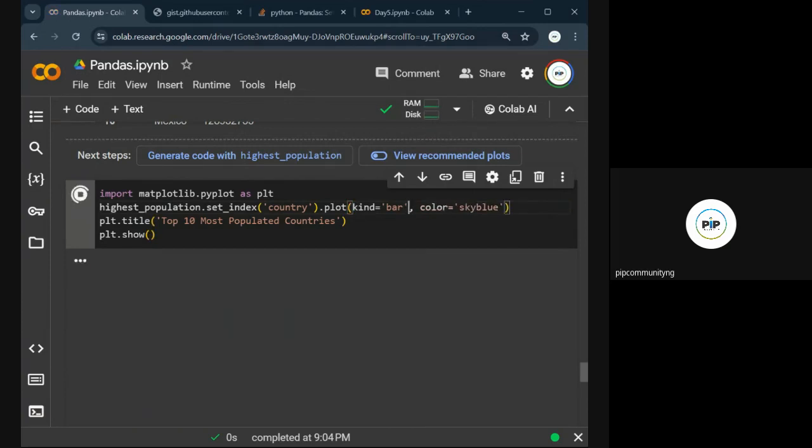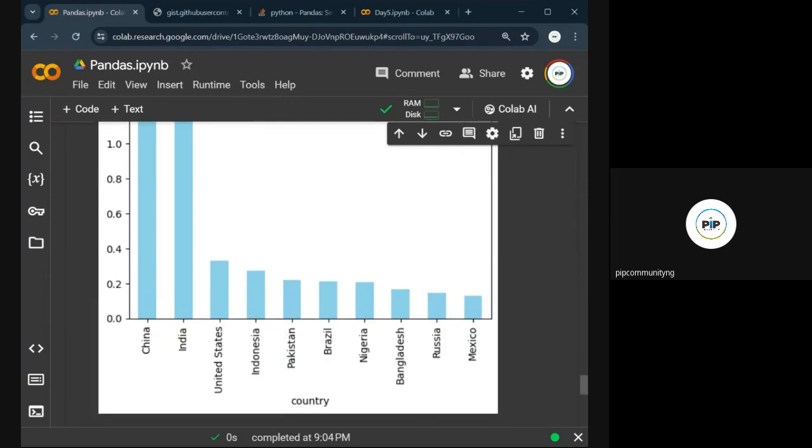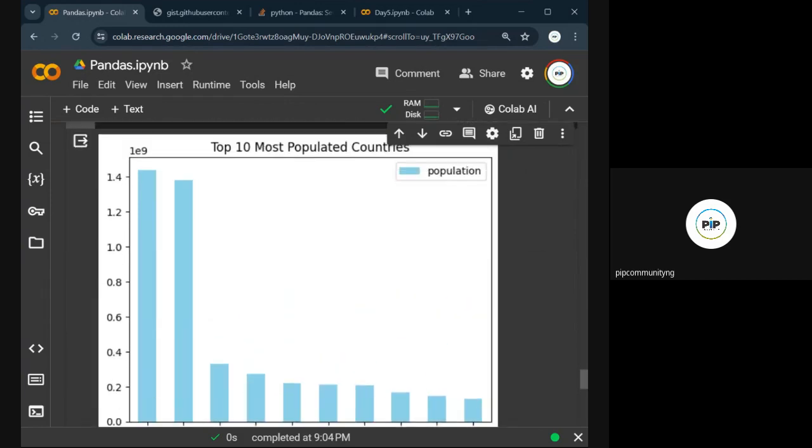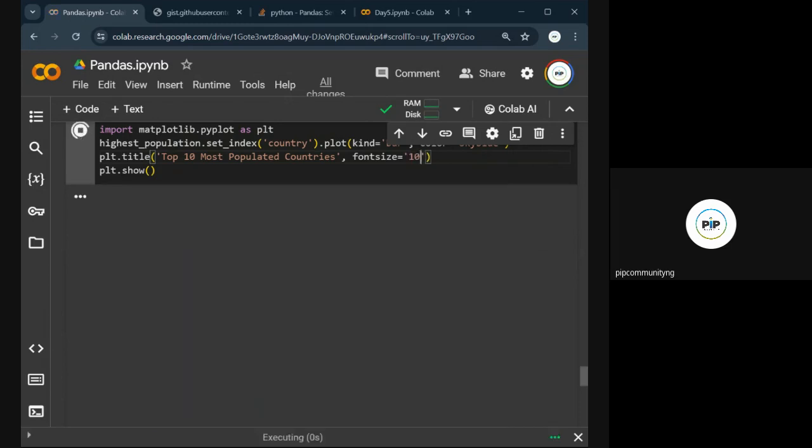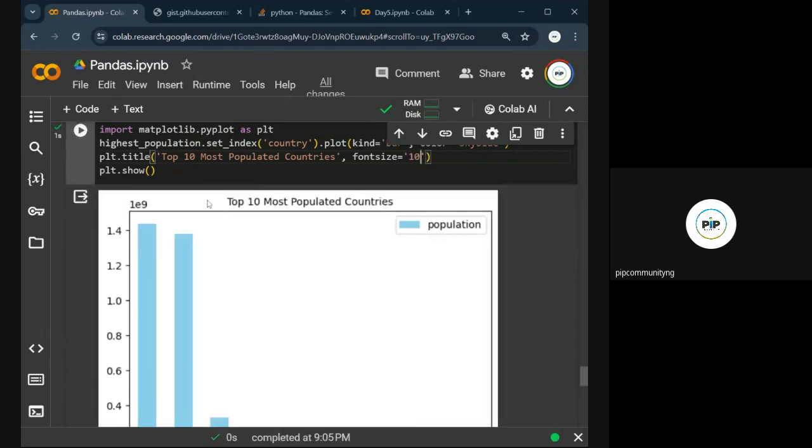Let me just take it off and use the default by Python. Okay. The default by Python is this. So I can make this a little bit smaller also by doing something called font size. Is it font size is equal to 10? I'll remember if it does not work. Okay, it works. So font size, to make it a little bit smaller